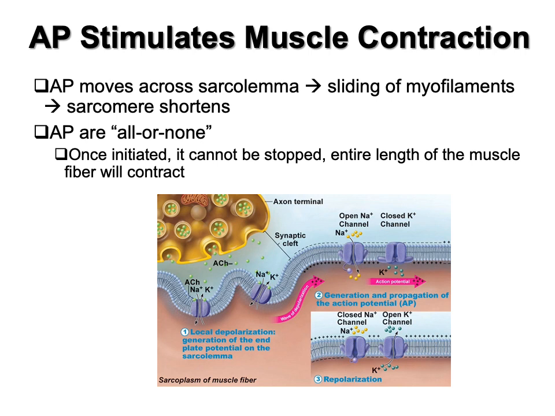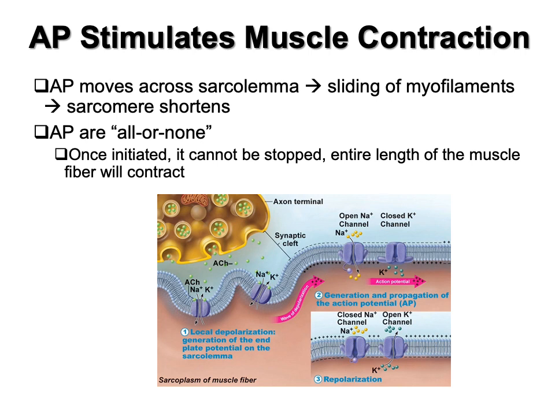The action potential will stimulate a muscle contraction. As that action potential moves across the sarcolemma, and it'll go down the T tubules that I talked about, it'll release the calcium stored in the sarcoplasmic reticulum. Then that calcium will bind with troponin, removing the tropomyosin, allowing the myosin heads to bind with the myosin sites on the actin and facilitate the sliding of myofilaments across each other, and that'll shorten the entire sarcomere,